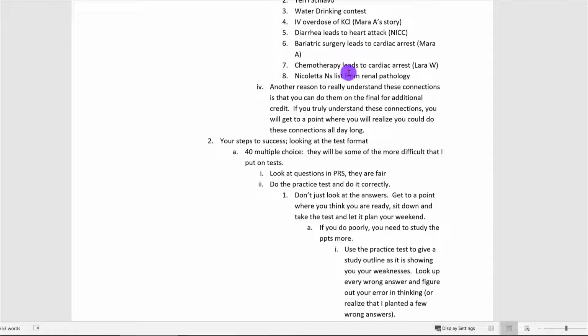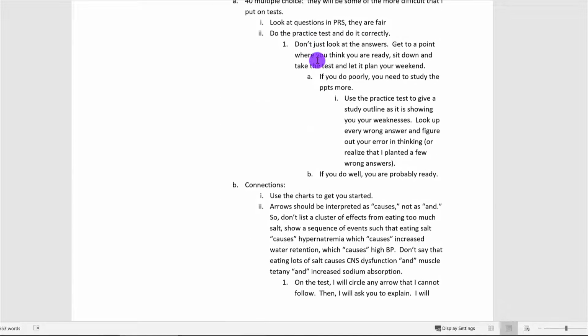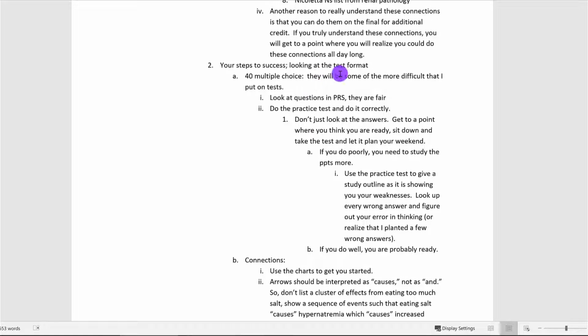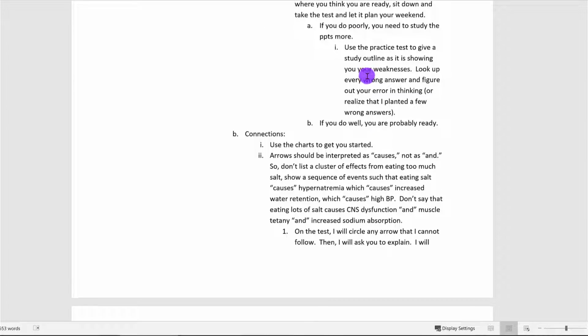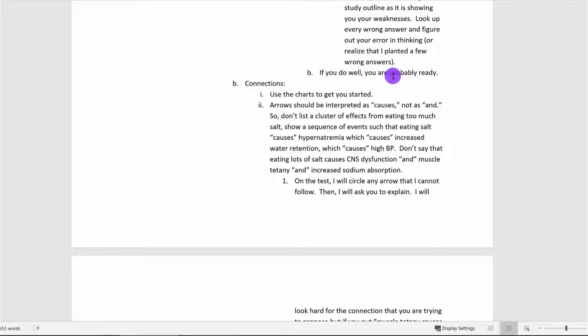I'm going to go through some examples. I'm hoping to put this video together real shortly. So, test format: there's going to be 40 multiple choice, and I would say these are going to be some of the more challenging ones, where you have to put together a sequence of information. You have to know lots in your head. Connections are something that I'll talk about in a second once I go to test format. You're going to